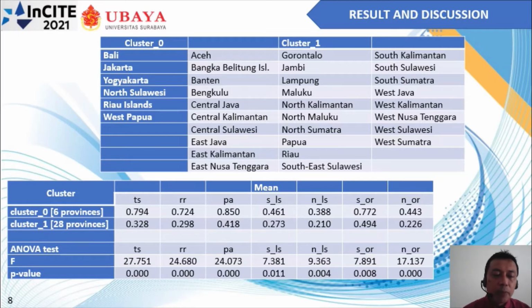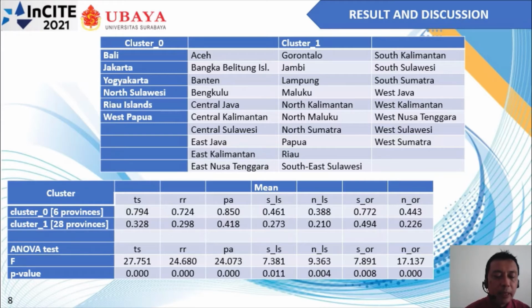An ANOVA test was performed to investigate whether there is a significant difference between clusters for each variable. The table at the bottom shows the mean value of each variable for each cluster and the ANOVA test. It shows